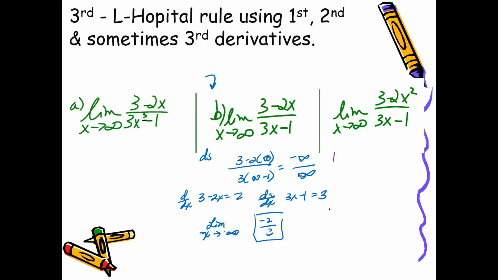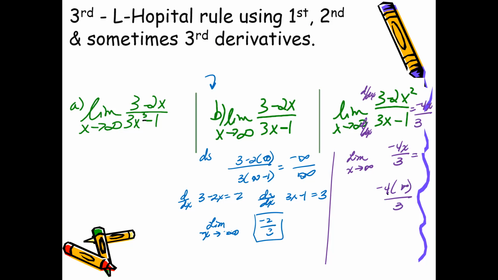On the other hand, let's try this one here with L'Hopital's rule. If I were to plug in infinity here, you'll see it's 2 times infinity squared over 3 times infinity. So it's just infinity over infinity. If I find the derivative of the numerator and the derivative of the denominator, I will have a -4x over 3. And so as I apply the limit as x approaches infinity of -4x over 3, what's going to end up happening is if I use direct substitution,